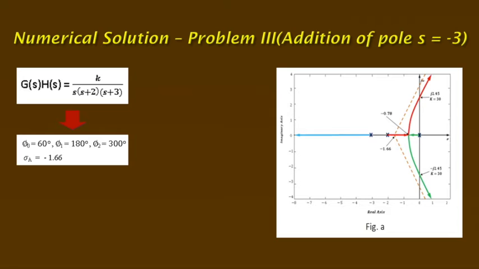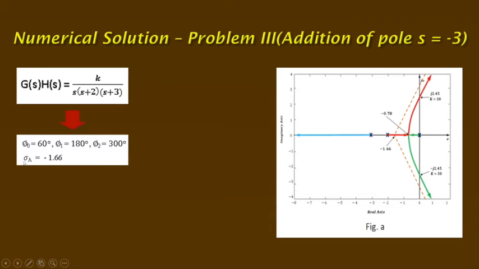Then calculate the angle of asymptote. We know this formula: phi q equal to 2q plus 1 into 180 degrees divided by P minus Z. When q equal to 0, 180 divided by 3, then we get 60 degrees. Then when q equal to 1, calculate phi 1. So phi 1 equal to 180 degrees. Then calculate phi 2 when q equal to 2. Then phi 2 equal to 300 degrees. Then draw the asymptotes